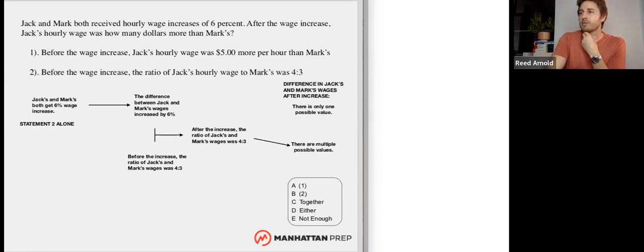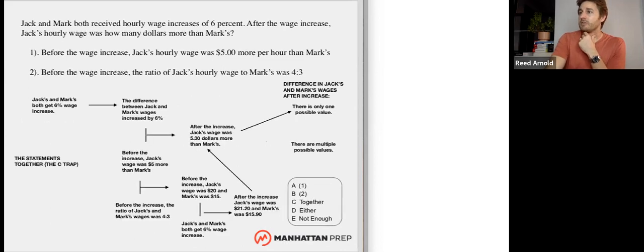Now, several of us chose C. And that is what we call the C trap. This is a very common GMAT trap. And it's because there is an inference chain that you can build from these pieces of information. If we just look at statement 1 and 2,